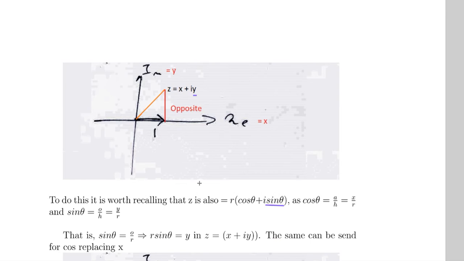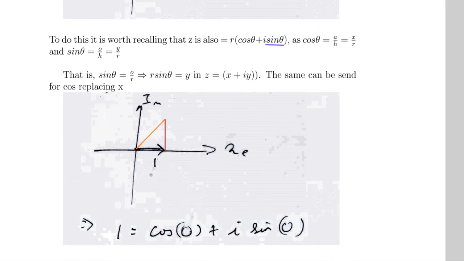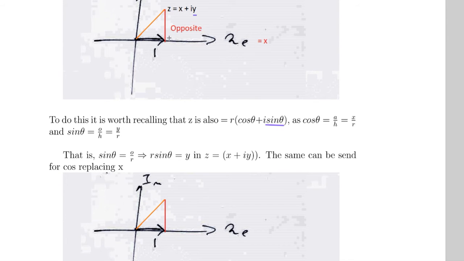And so what we then did is we looked at this version, r cos theta plus i sine theta, using basic trigonometric rules to remove the x and y and put them in the form cos theta and sine theta, factorizing out the r. As a result, what we can then say is, in order to get a value of 1, remember for x plus iy, it's easy to consider that the y does not exist. There is no imaginary value of y, it does not lift up off the x-axis,